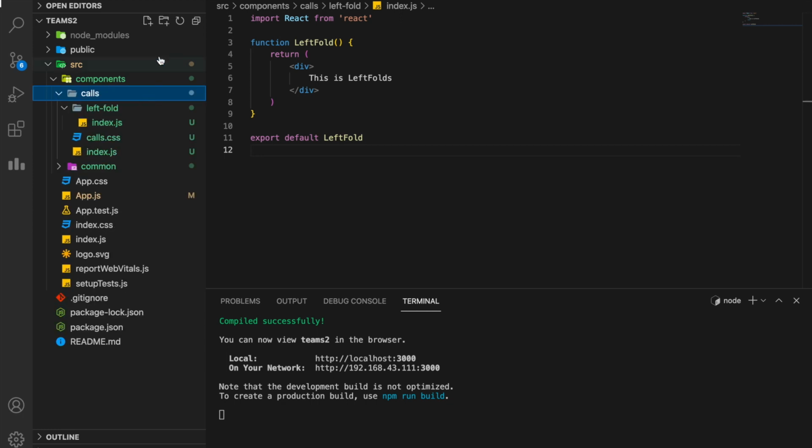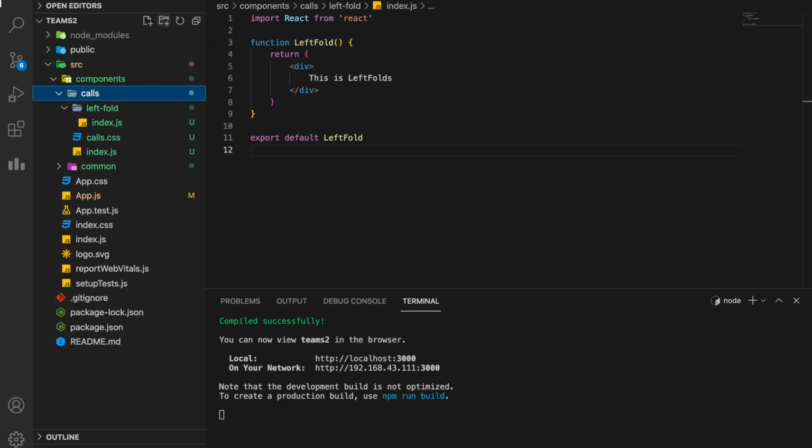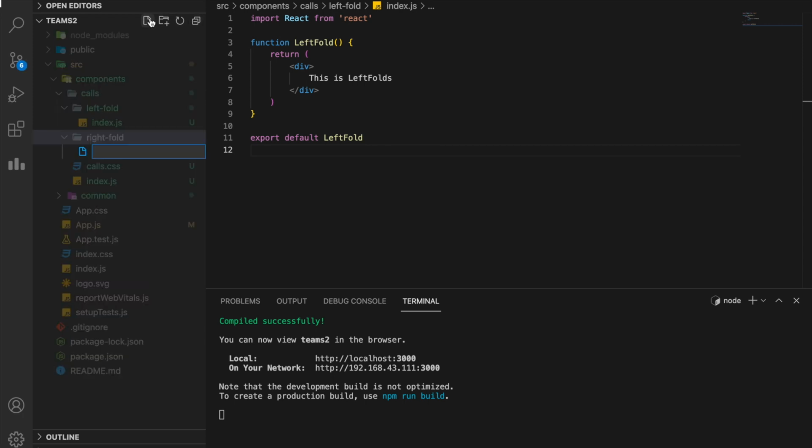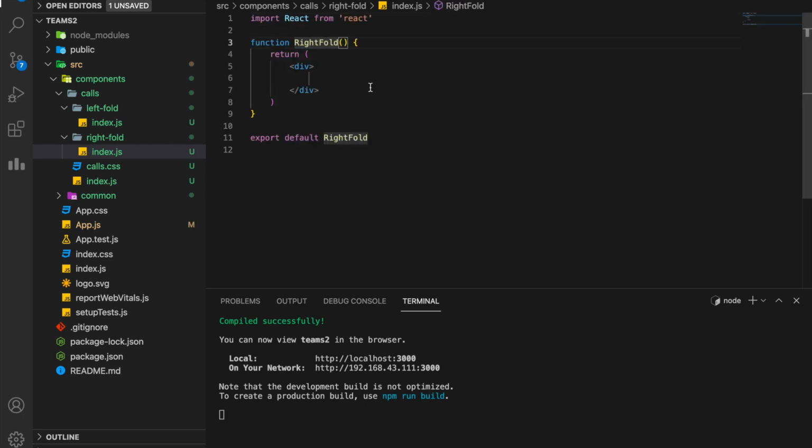And we need a right fold as well. I am following my own coding practices, you can follow your own. I generally give a small case letter name to all the folders. You can give any name you want. This is right fold, perfect.